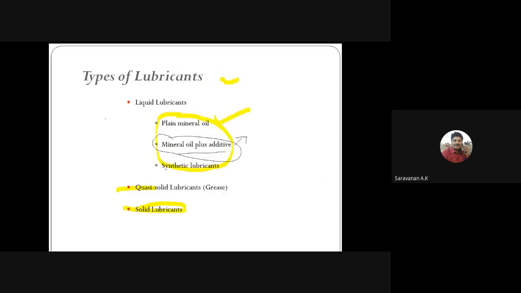So for lubricants, we are going in a very slow manner. Why? Because it's a very simple unit, so the unit coverage will be